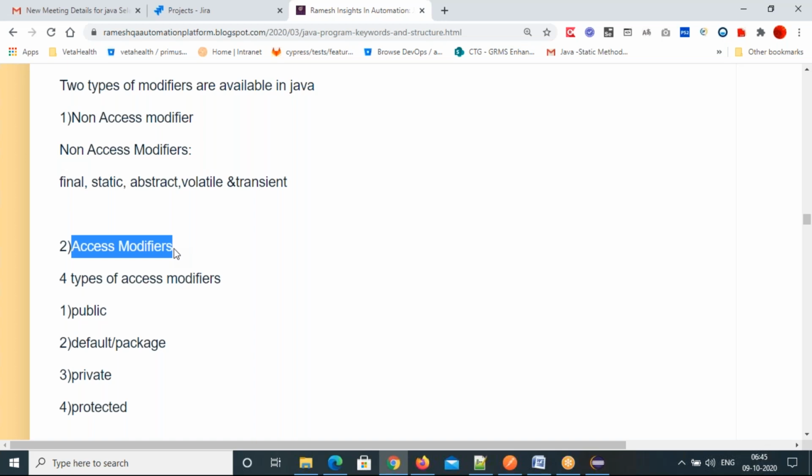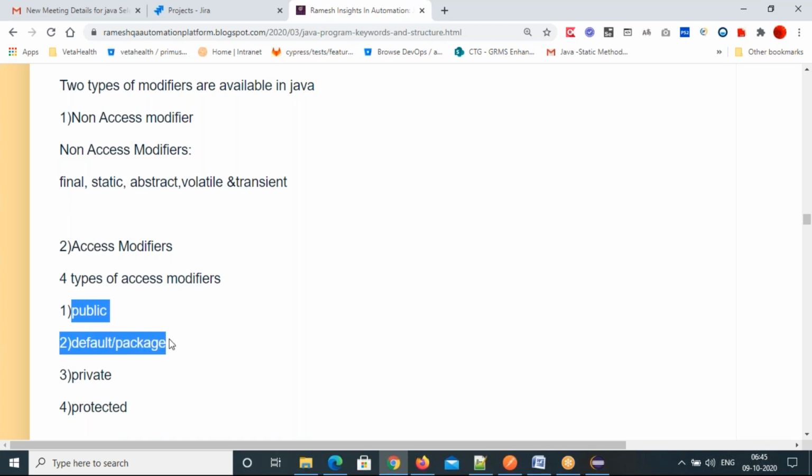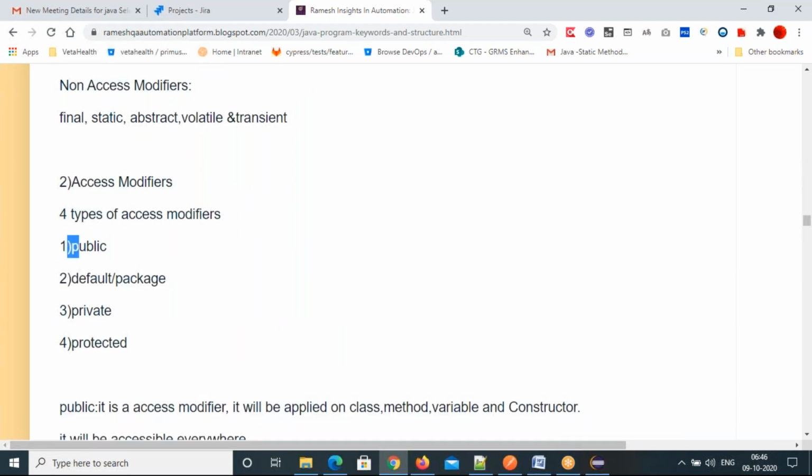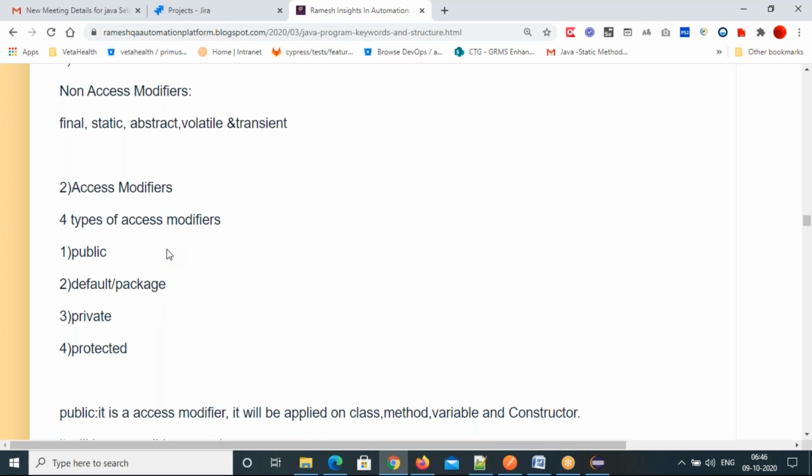That's the accessibility scope. Where to use these four entities and where not to use them is decided by the four types of access modifiers. One is public, default or package, private, protected. Categorization is very important.